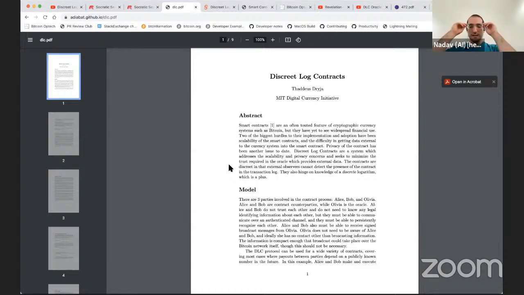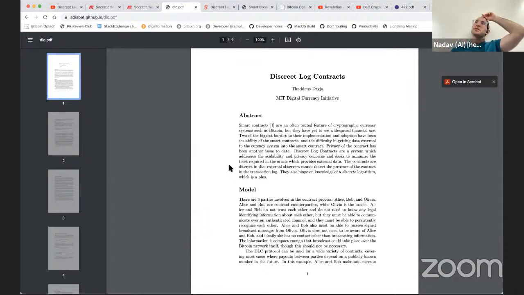This vagueness is where the older versions of DLCs diverge from the newer ones. The original ones took a more literal approach: you take this anticipation point for a given event and just use it as a tweak on an on-chain key. There's always messiness involved with that, and proving that it's secure is rather tricky.